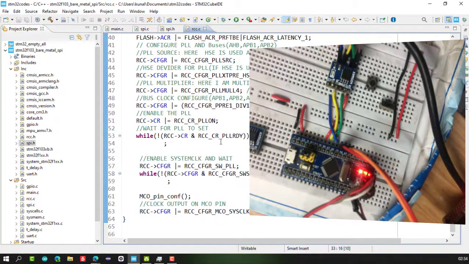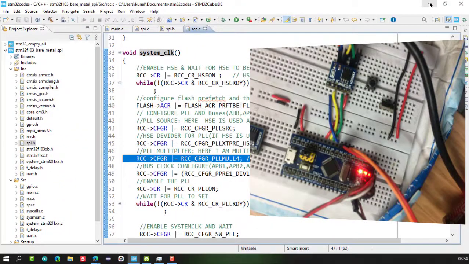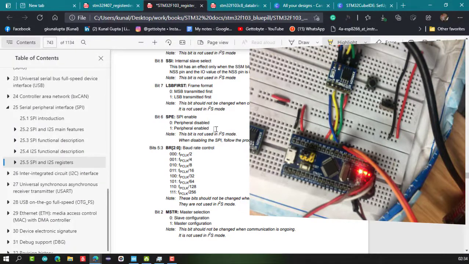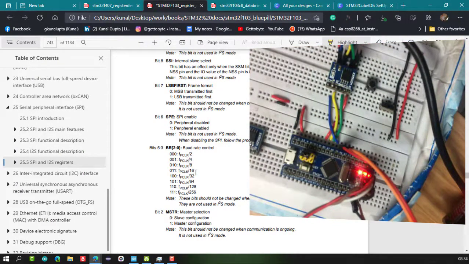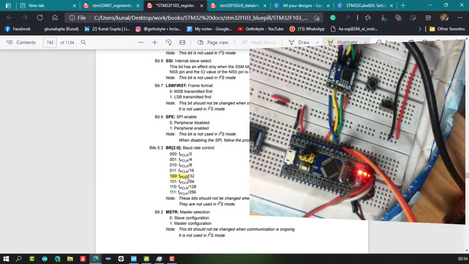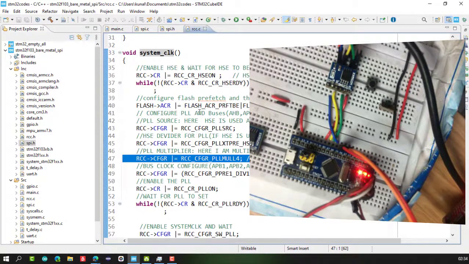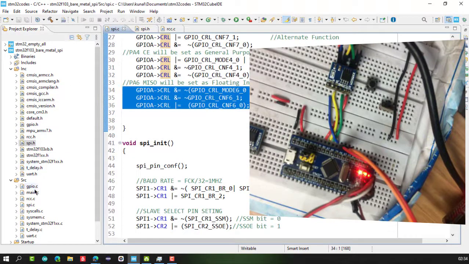My central system clock frequency is 32 megahertz, and I am using the external high frequency crystal oscillator which is on board our STM32 Blue Pill chip. I am dividing it by 32 so as to make the clock frequency 1 megahertz. So I will be configuring BR in 100 mode. That's what I have done in my SPI CR1 register.